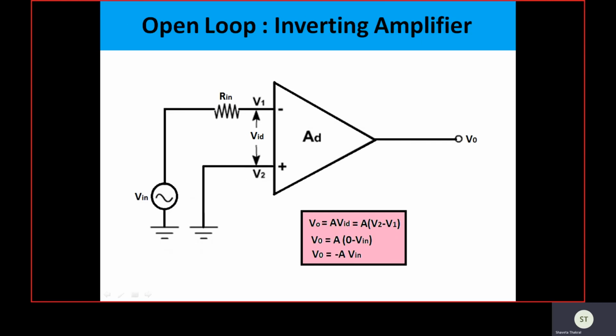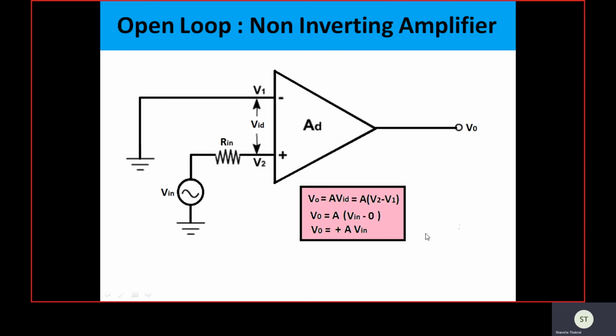If we take the case of the inverting amplifier, then input is applied to only one input terminal, that is the inverting input terminal, and the non-inverting input terminal will be grounded. So if we calculate the output voltage under the condition that the non-inverting input terminal is grounded, we take V2 as 0 and V1 we take as Vin, because Vin is the applied input voltage. So the output we get is minus A times Vin, and the indication of this negative sign is that the output obtained will have a 180-degree phase reversal with respect to the input signal.